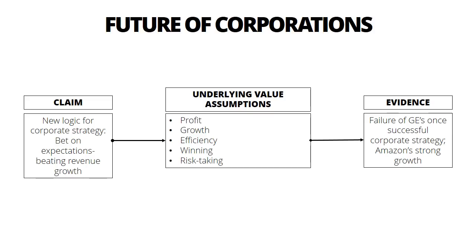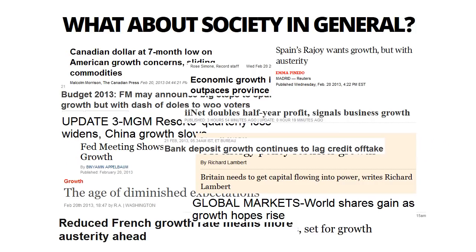Again, Dyer discusses competitiveness as a value assumption in the text. Though competitiveness may seem like a fact of life, consider that there are alternative ways of doing things, either by cooperating or by going it alone, and measuring success by some standard you've set for yourself. So what about society in general? By this I mean, can we identify any underlying assumptions about the way business operates in the world? About the point of economic pursuits? Of course, this question is terribly broad and overarching, which makes it difficult to answer.